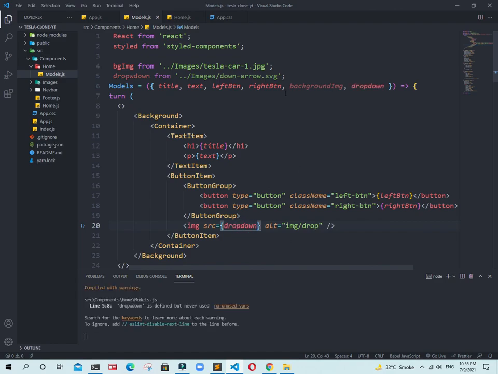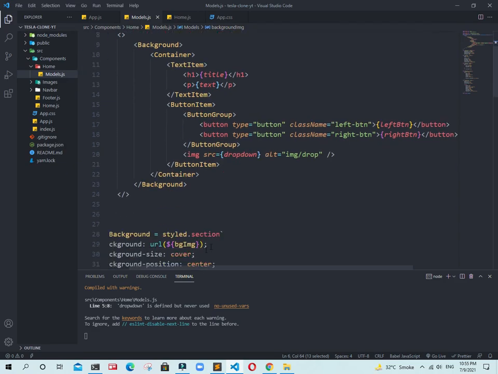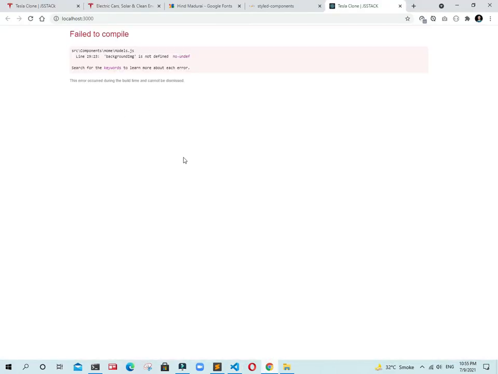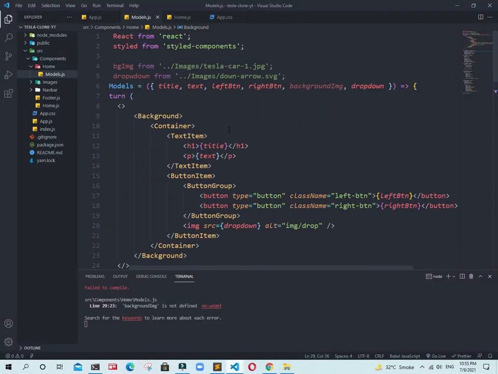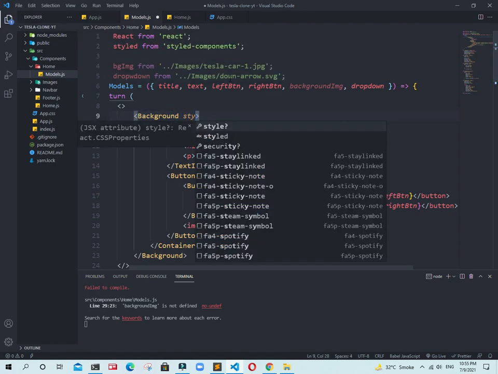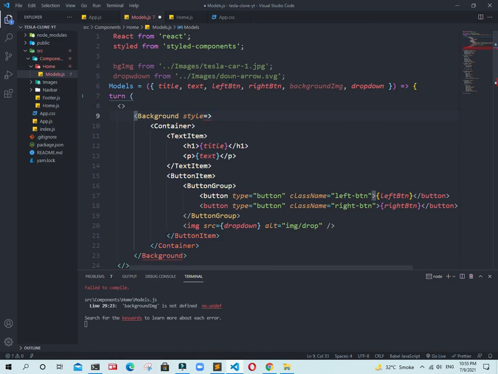If I give background image as a parameter there, it gives me an error: background image is not defined. Look, background image is not defined. So we need to add this background image in the internal CSS. So just add a background, and again in the backticks we have a URL.